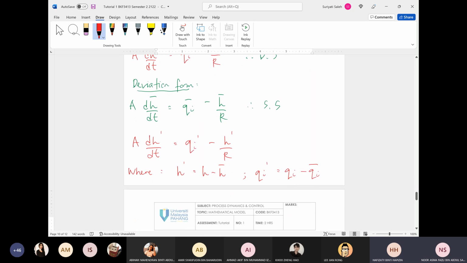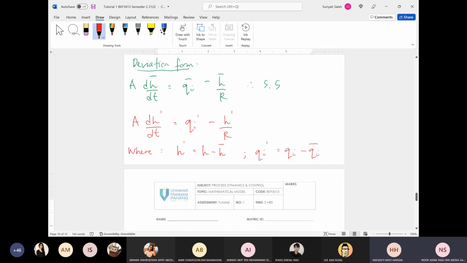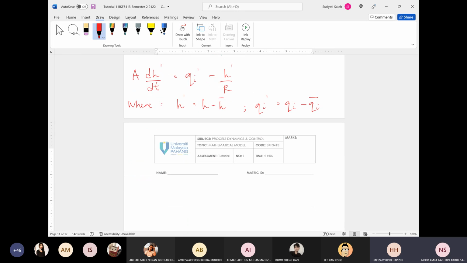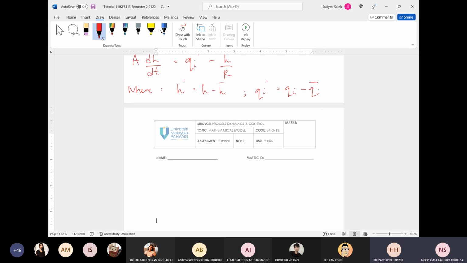So once we obtain the derivation form, we need to do the Laplace transform. This one, we still follow the same procedure. Here, I just move a little bit. The detail can be referred to the previous Laplace transform, how you can do the Laplace. So here, when we want to do the Laplace, our equation becomes